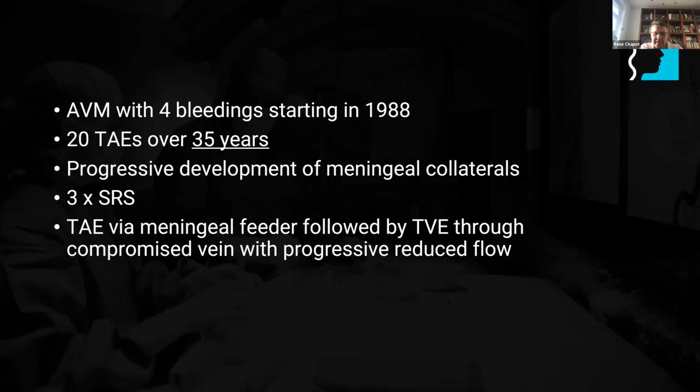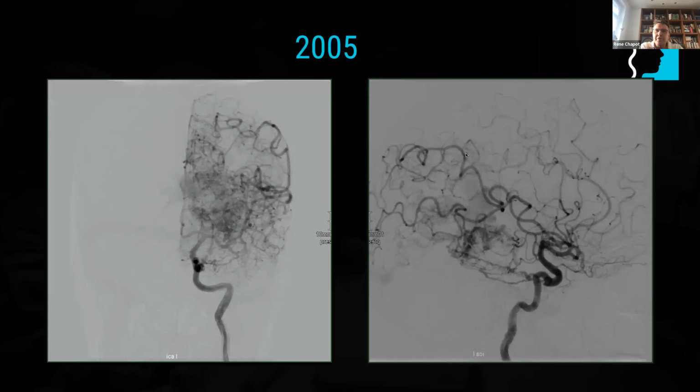I don't have, unfortunately, the original picture how it was. She had a lot of transarterial embolizations in different places, considering that 30, 40 years ago it was already heroic to be able to bring a catheter somewhere and put some glue. So she progressively developed a lot of collaterals. She had also 3 times radiosurgery, and she was supposed to have some embolization surgery, but this did not take place. So here are some pictures of her AVM 20 years ago,